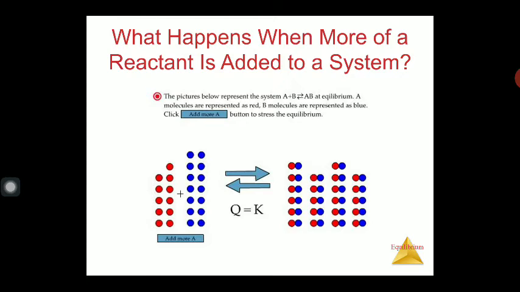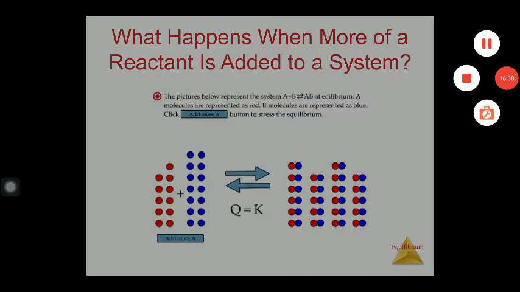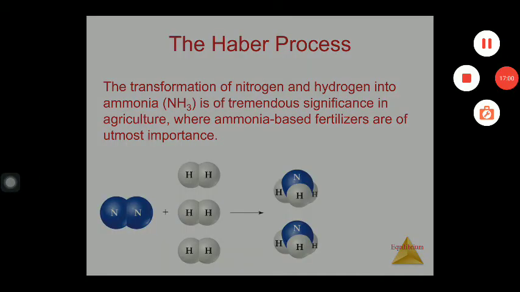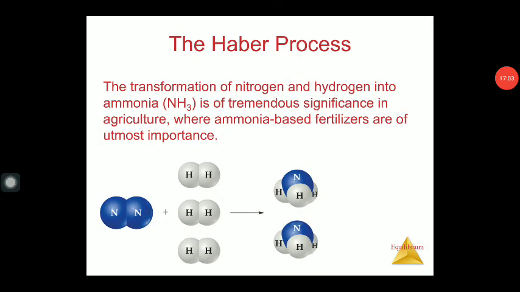So the theoretical explanation of the direction of the reaction can be given on the basis of the Le Chatelier principle, and the direction can be estimated on the basis of the concentration quotient. Now, one simple example I am taking here is the Haber process. In this process, H2 and N2 combine to form ammonia, which is very important for the synthesis of various chemical fertilizers.